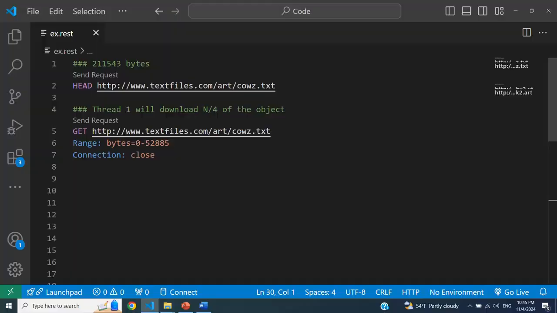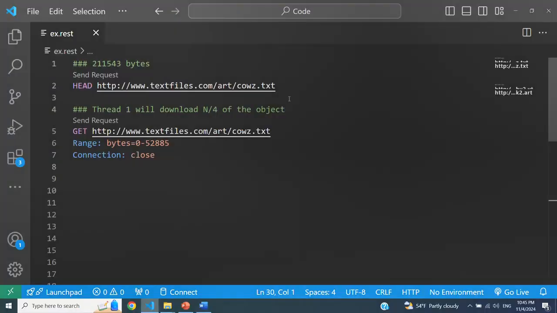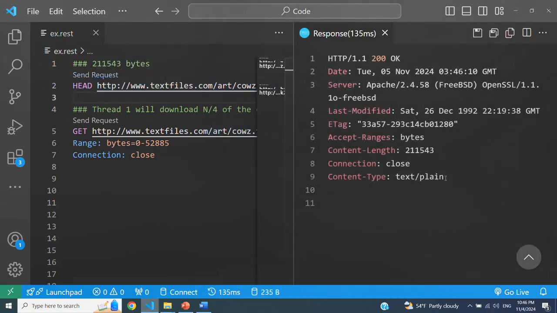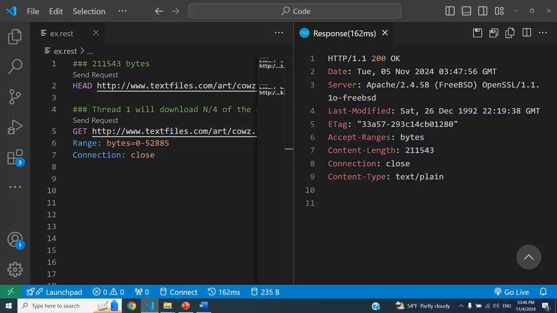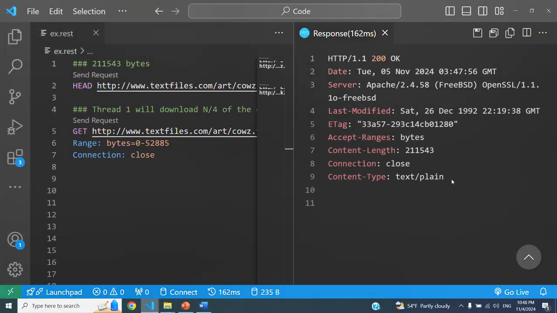Let's now look at the actual messages that are being exchanged between the client and the server. Assume that we would like to download this object from www.textfiles.com. So the main thread would be issuing a head command. So let's do it. And this is what we get as the response. As you can see, what we get as the response when we issue the head command are the HTTP headers without the body.